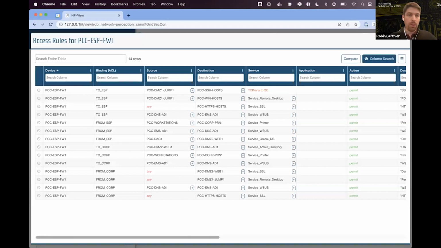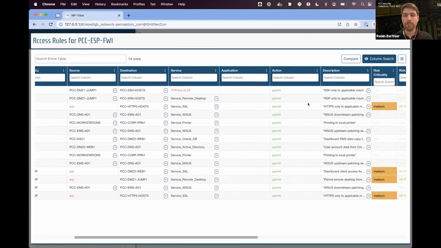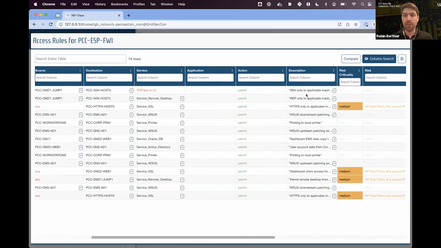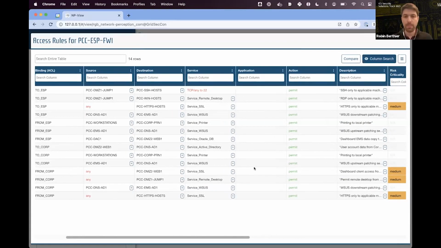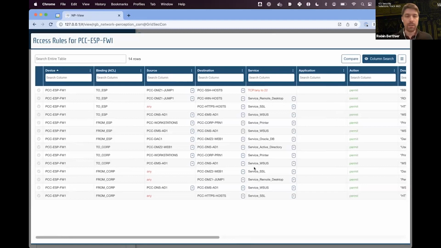Those will be all the policies, access policies defined inside the firewall. I can see the binding, so which zones are bound to which interface, source, destination, service. In the case of a next-gen firewall, you also have some filtering on the application layer, permit or deny rules, and then very importantly, the justification. Like, why do you need this rule to be allowed? And then also making sure that you have, as the CPG stated, an explicit deny by default, which we don't have in this example, to make sure that everything is denied by default, and then you allow on a need-to-know basis.